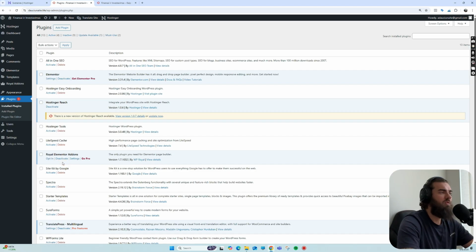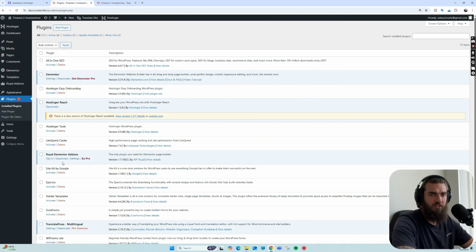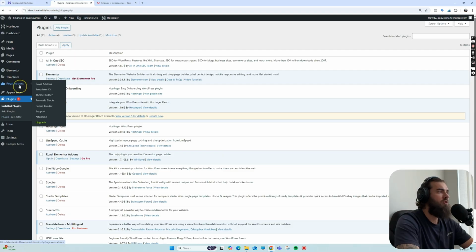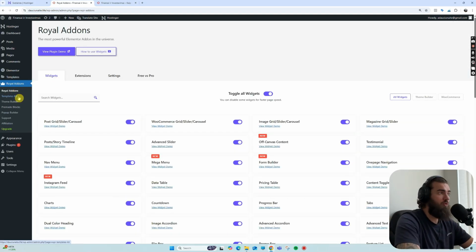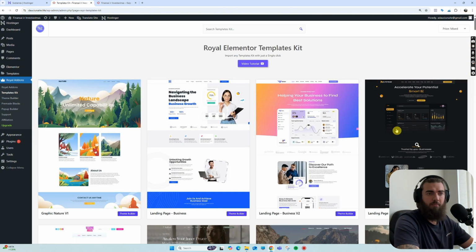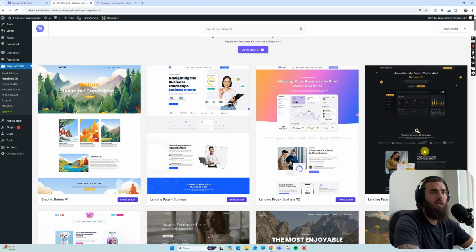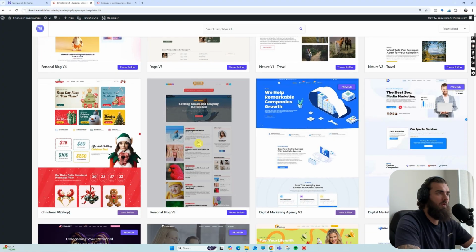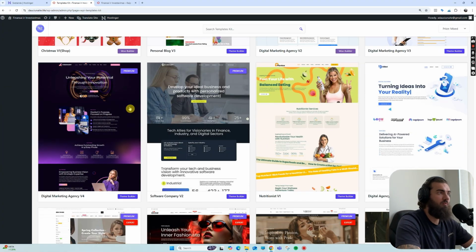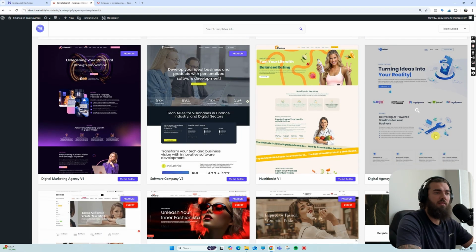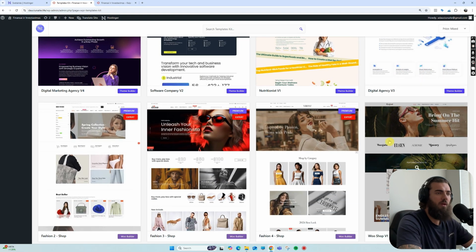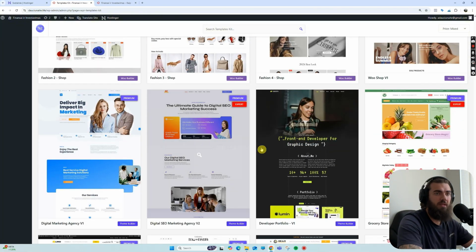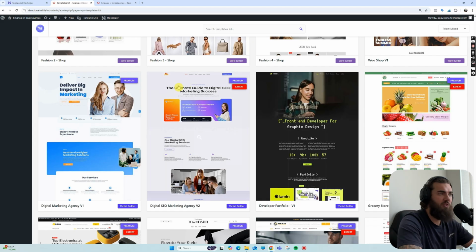Once you do that, you get an option to select again whichever theme you want from within the Royal Elementor add-ons. And Royal add-ons have loads of templates. And you can see some of them are really good looking, really cool, much better than the default ones. Yeah, so go through, whichever one you like the most, or whichever one fits your business the most. You can see some of them are premium,